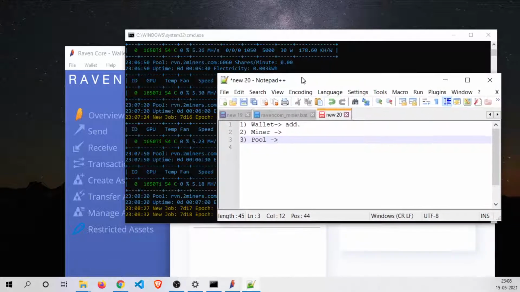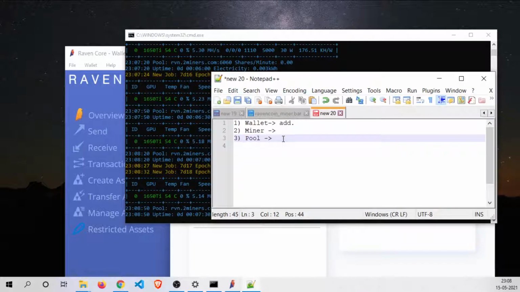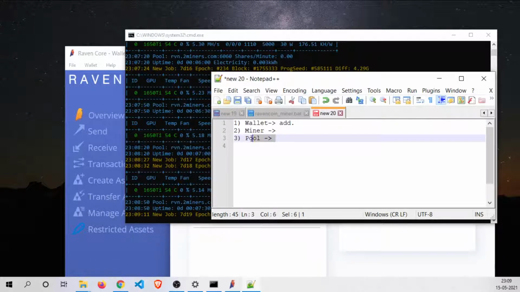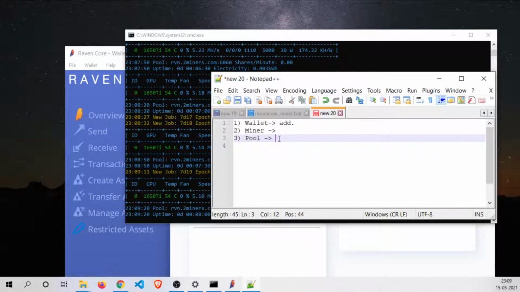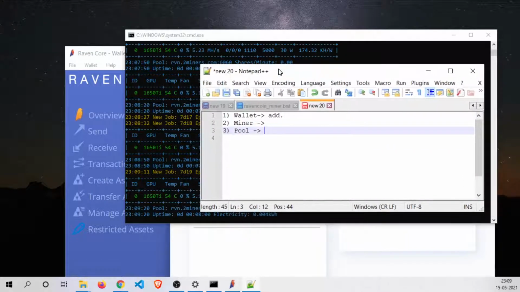The mining process is very simple and quick. All you have to do is download the wallet from its official website, and the miner. Suppose you want to mine Ravencoin or Bitcoin or Ether. For that you need to download the wallet for Ether and the miner from the internet, and you need to select a pool so that you mine with other people, because you are mining with your laptop. That's why you need the pool.